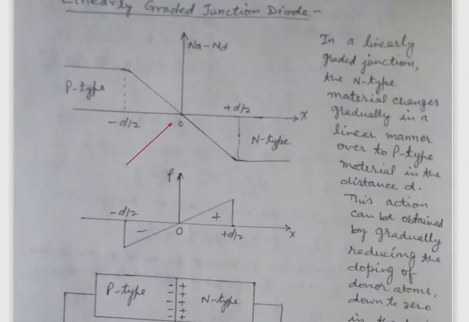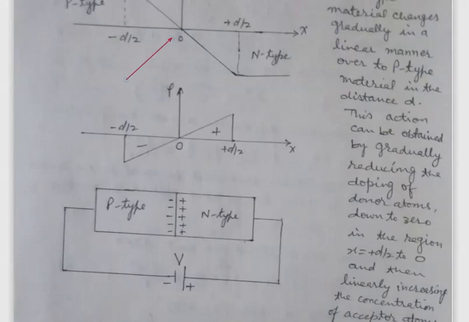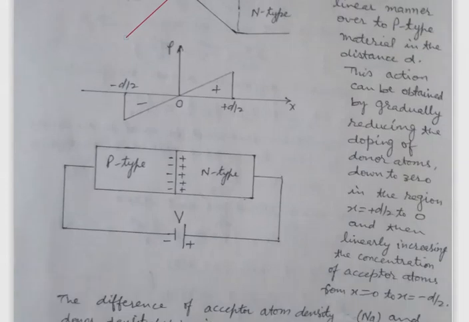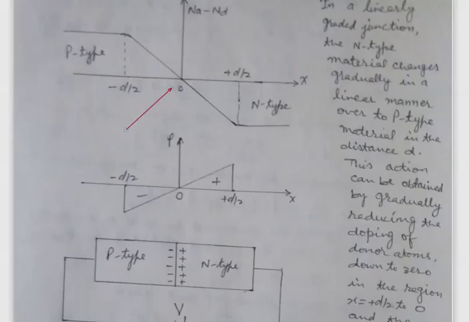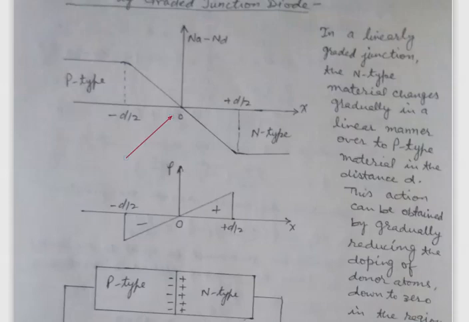In the region between x equal to plus d by 2 to 0, the density of the donor atoms decreases, and then the number density of the acceptor atoms gradually increases in the p-type region between x equal to 0 to x equal to minus d by 2. So in the depletion layer, this variation of the number density difference, Na minus Nd, will be